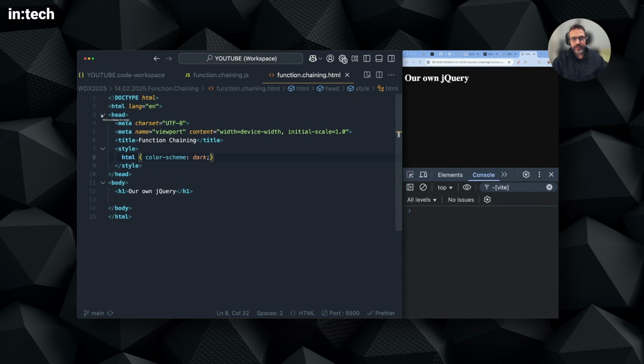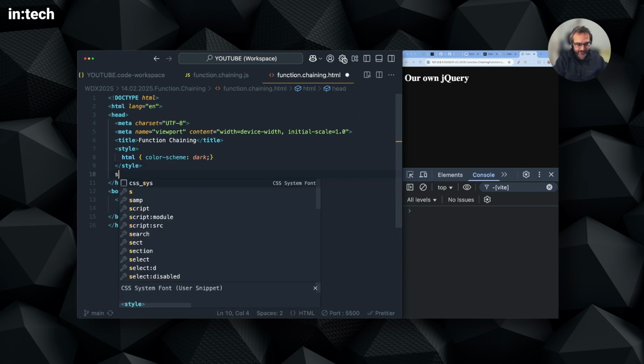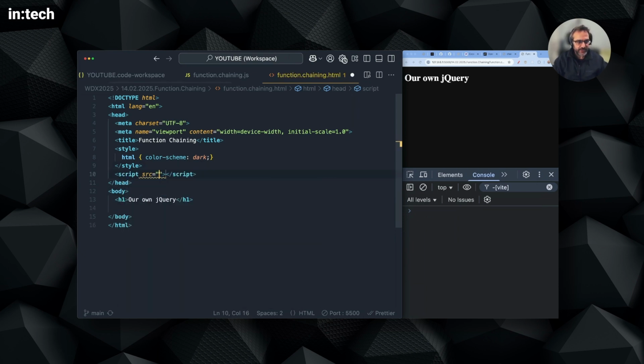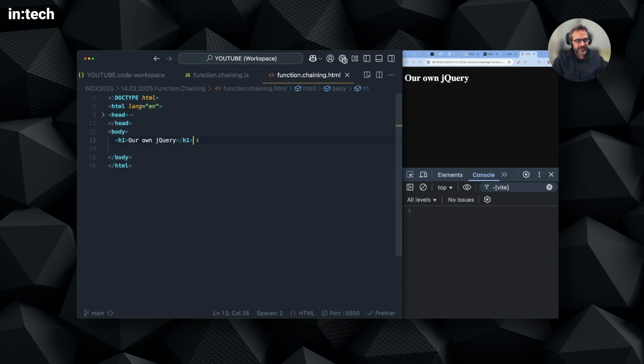and I will load the jQuery library from a CDN. So I will load it here on the head. So script, and this is the CDN for loading jQuery. I think this is the latest version. Now, once you load jQuery, you have something